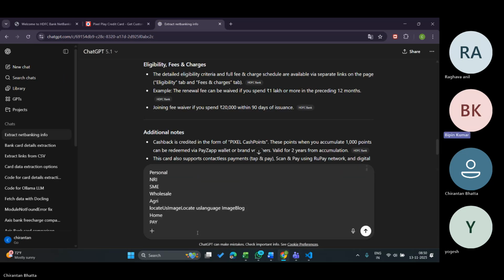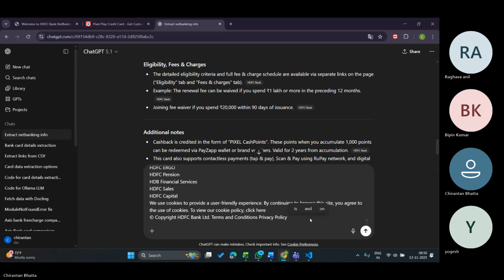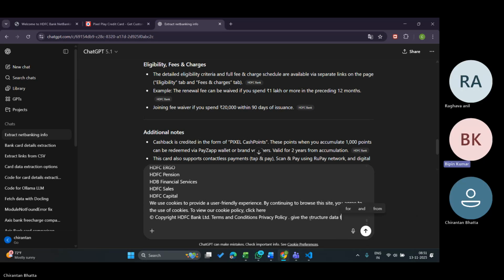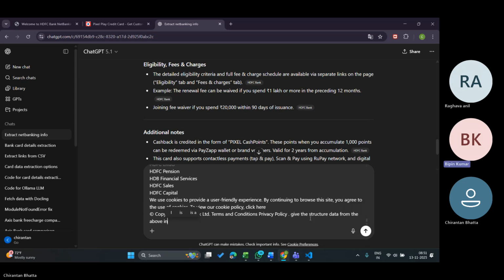हाँ, कंट्रोल वी, और लास्ट में लिख दो क्यूरेट दिस इंफॉर्मेशन, फुल स्टॉप करके। क्लीन अननेसेसरी इंफॉर्मेशन। या रुक जाओ, structured format, give the structured data from the above। Enter मारो।